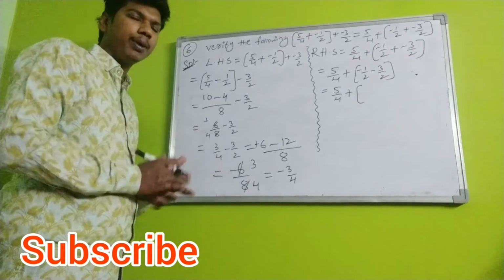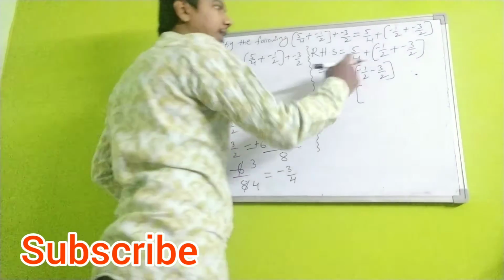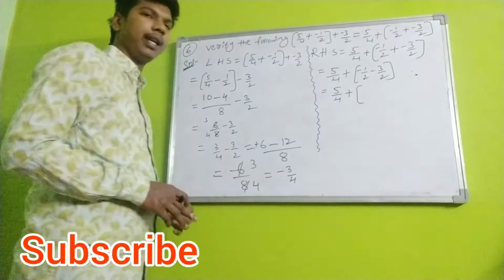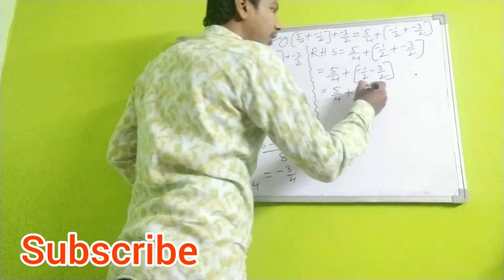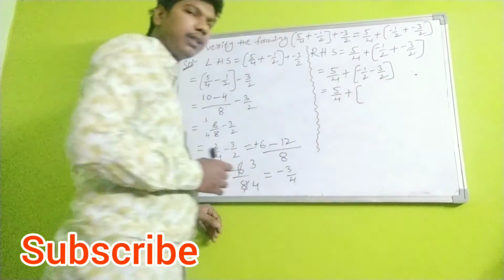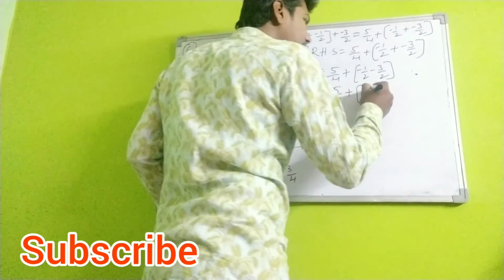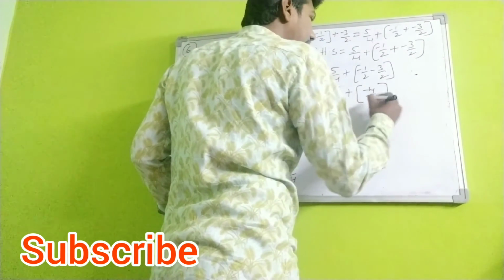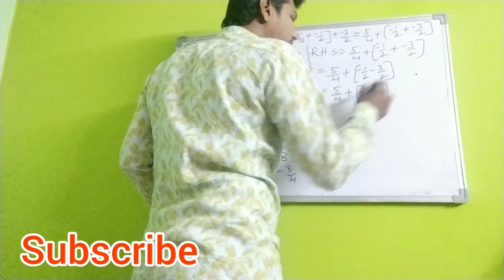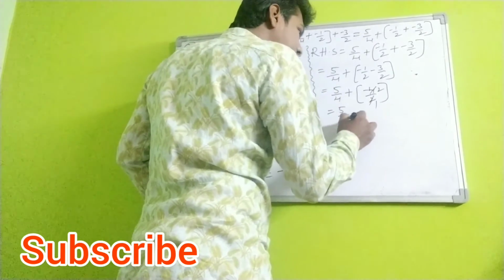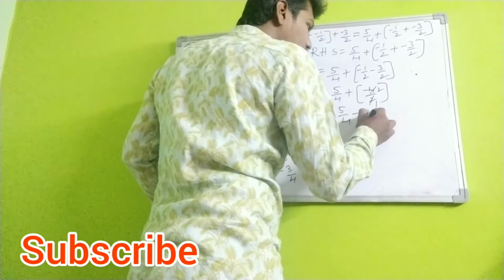Therefore in the numerators I am subtracting 3 minus 4. Both are having minus. Minus into minus is plus. The bigger number is 3, and 3 has the minus symbol. Here I am putting minus 4 divided by 2. Cancel with the 2 table. 2 1s are 2, 2 2s are 4. The answer is 5 by 4 plus into minus, minus 2 by 1.